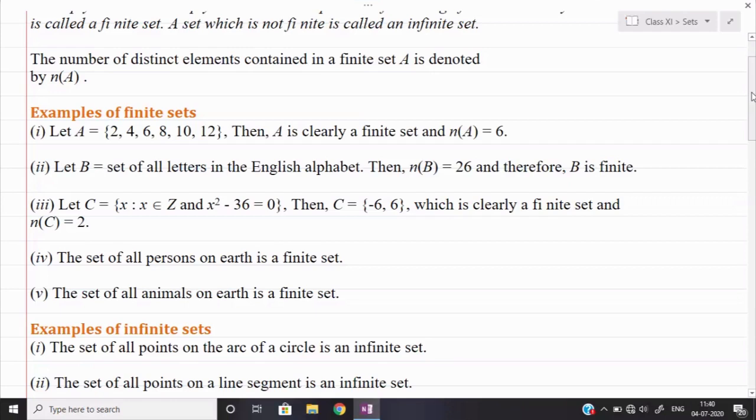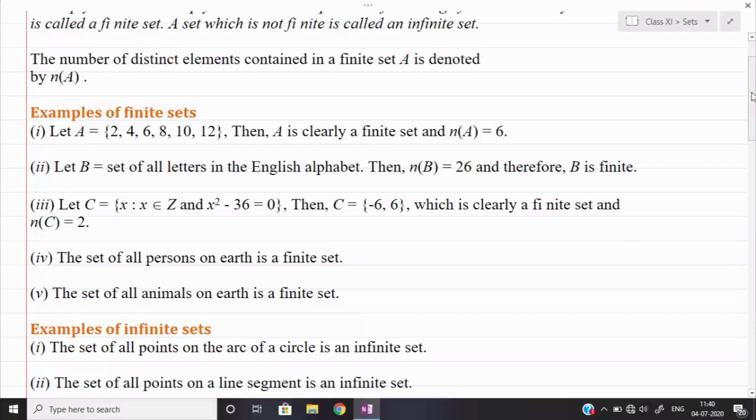Okay, but normally we say no, in India there are now 140 crore persons over there, and we are very equivalent to the population of China. So here we are giving some figure, so it means that it is a countable number of elements, and hence set of all persons will always be a finite set.